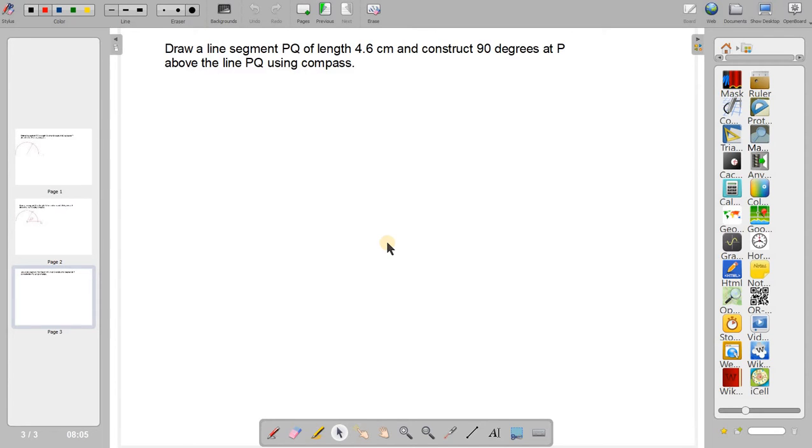Welcome children. In this session we will study about constructing a 90-degree angle at any point on a given line segment or line. A line or line segment is given. You will be able to construct a 90-degree line on the upper side of the line. Normally we will be taking a horizontal line. So on one side of the line you can construct a 90-degree line. By extending it to the other side you can have the 90-degree angle on the other side too.